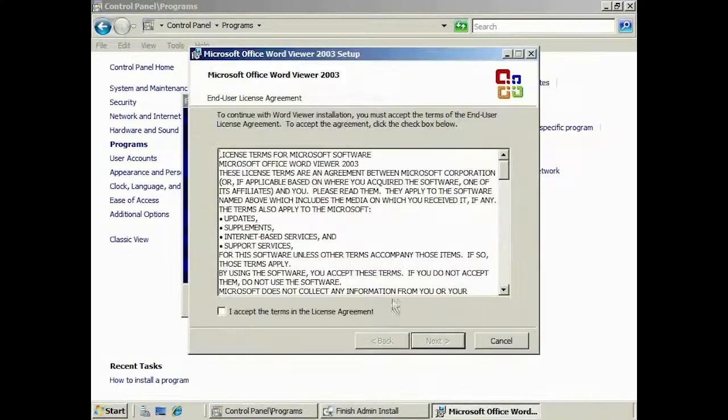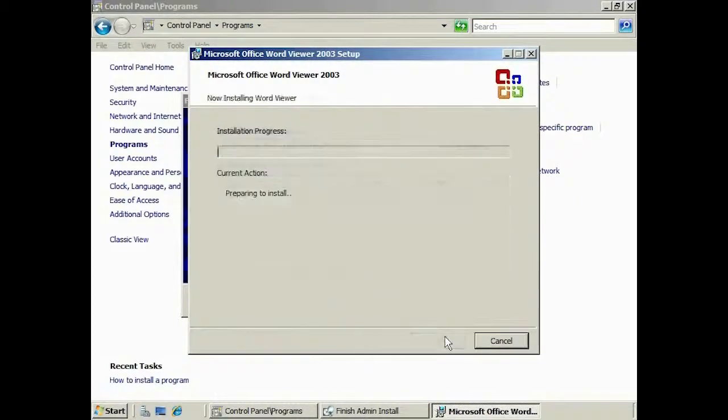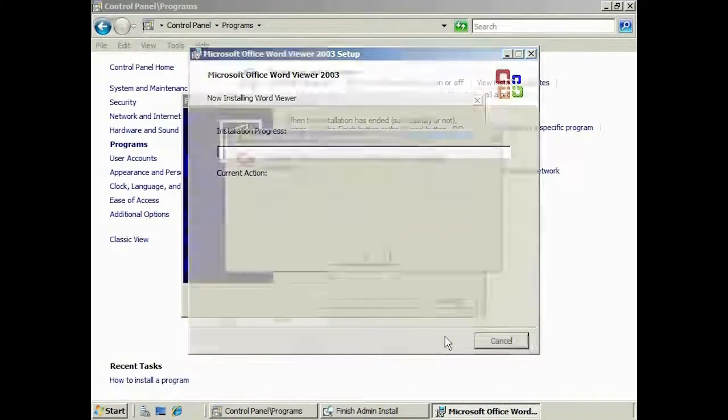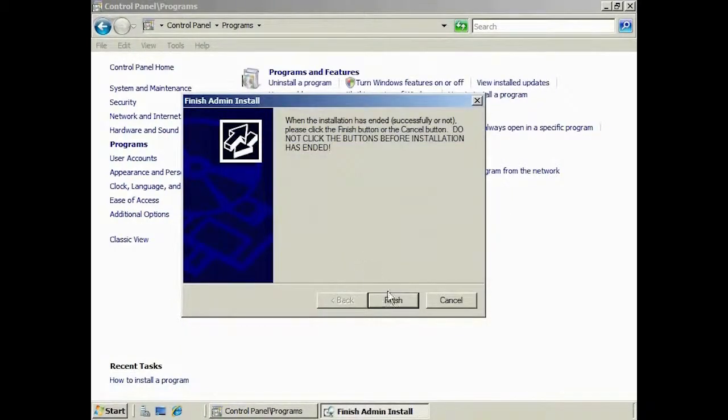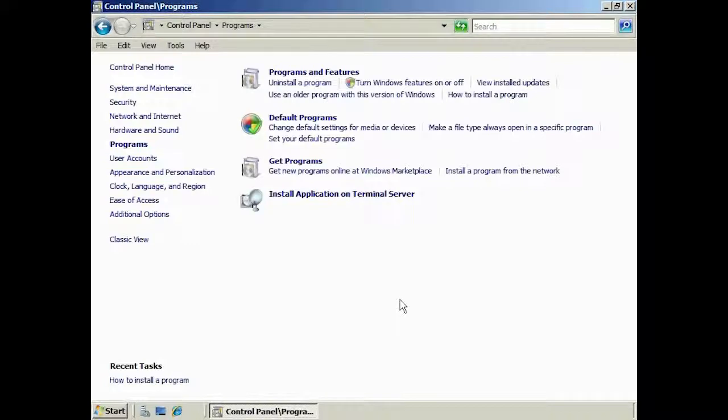From here, install the program as you would normally on a non-terminal server, knowing that any changes to the INI file or registry will be correctly captured. If you wish to make any more changes while in install mode, make your changes before you press Finish on the Install Software wizard. Now that I have the application installed on my terminal server, I can make it available